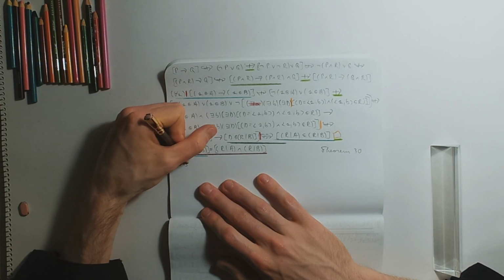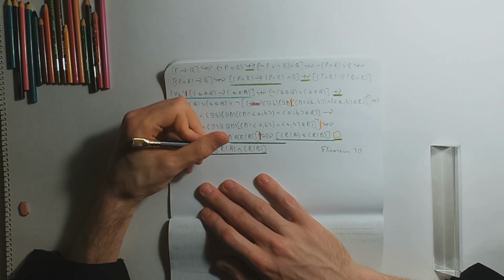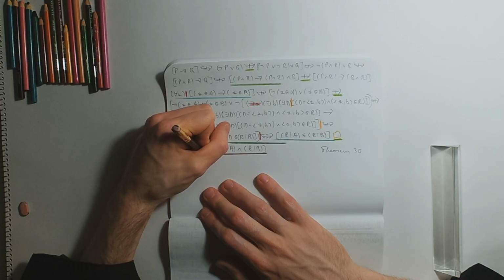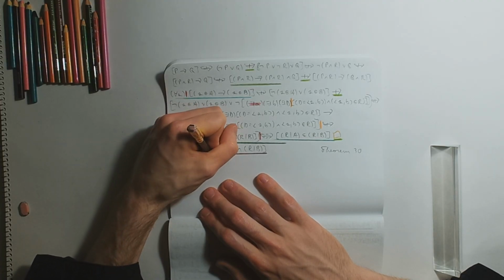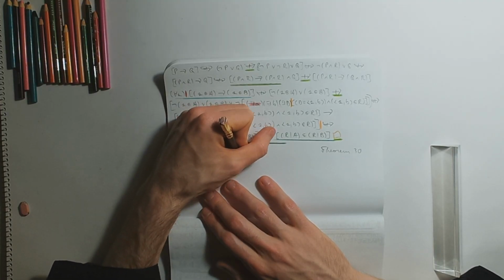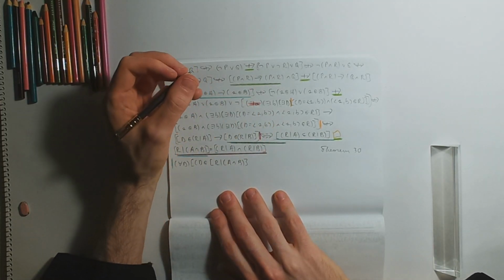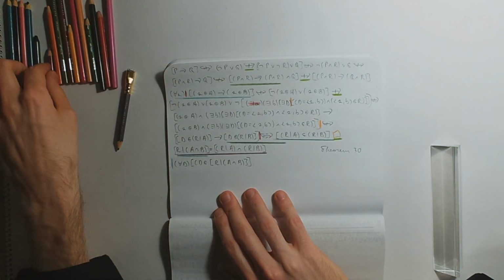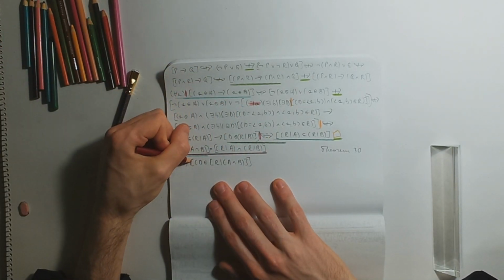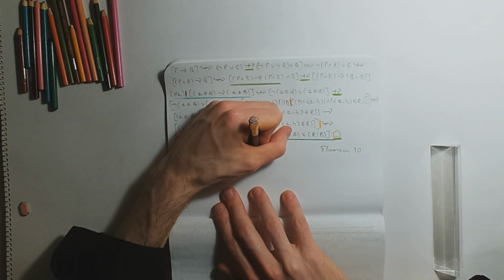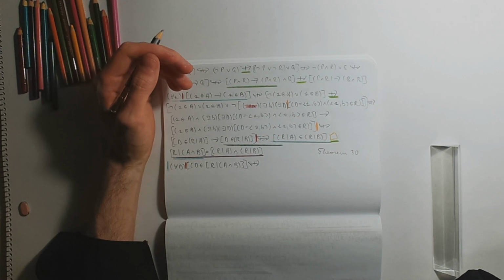For all D, D is an element of R pipe A intersection B, if and only if